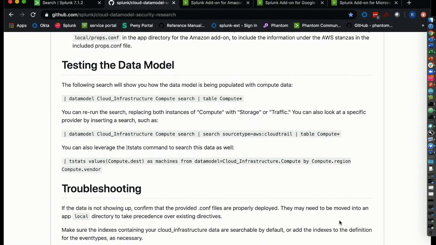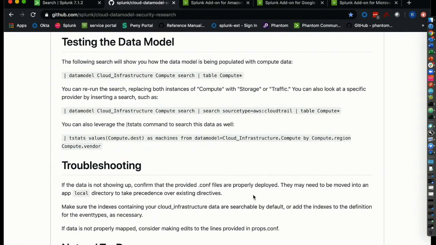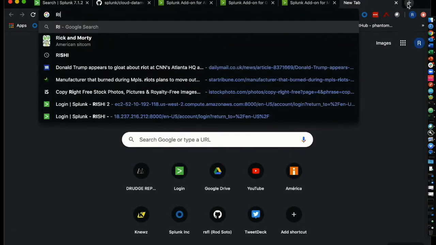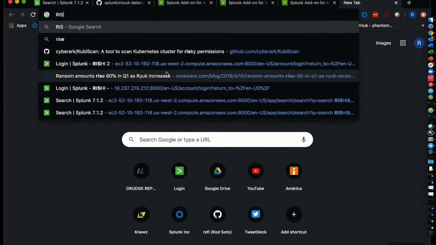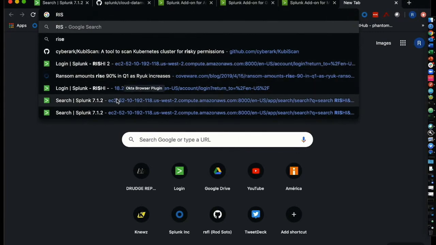And it will give you other information. You can do it by source type. You can also do it by vendor, if you only have one vendor, for example. And let's go for some examples here. If we go into